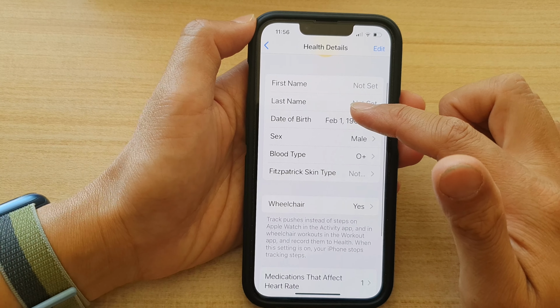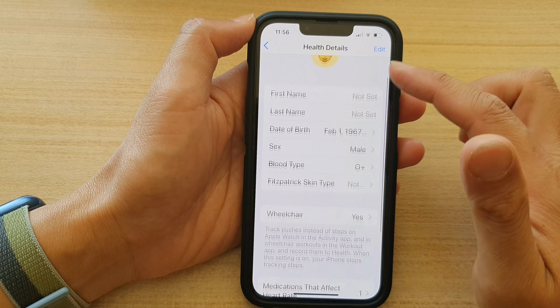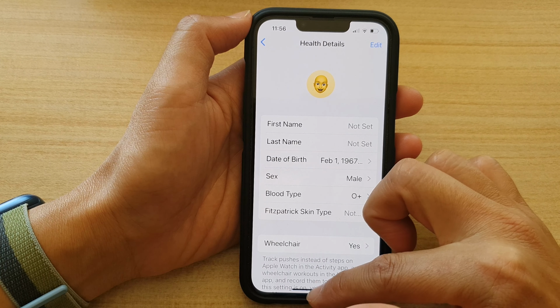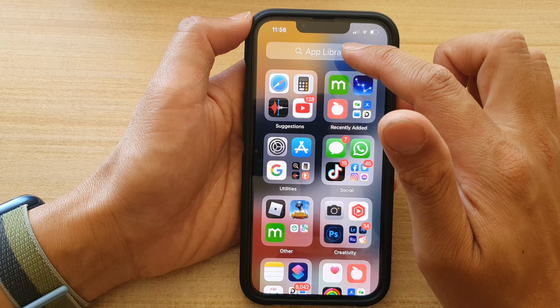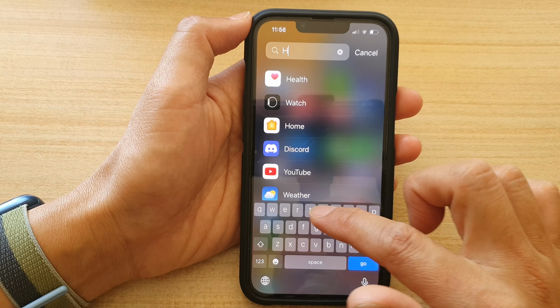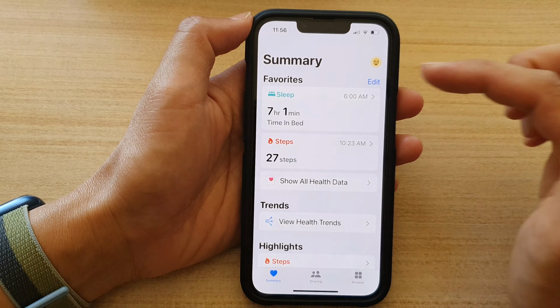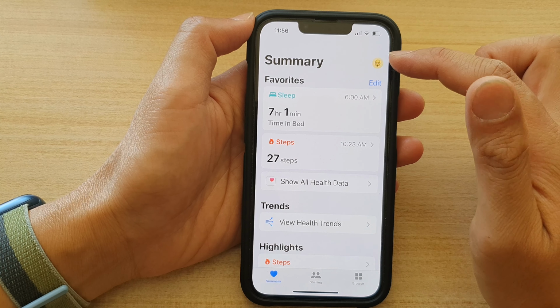Okay, so that is one of the ways you can change your health details. Now another way to do it is to open up the health app from the app library. So in here we're going to type in health, open up the health app, and you can tap on your profile icon at the top